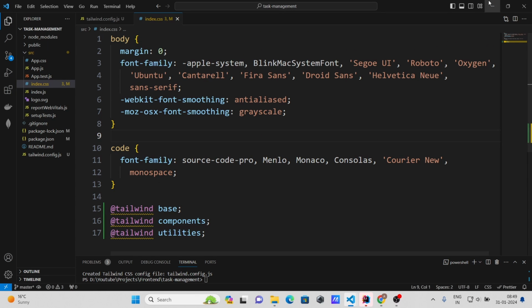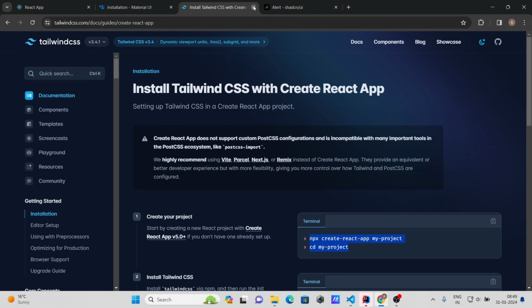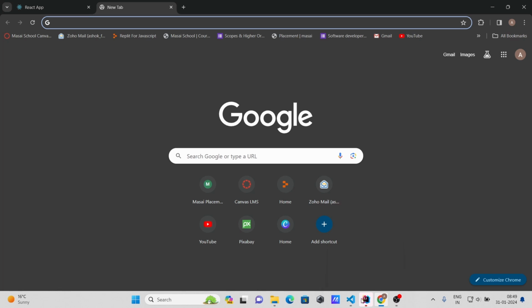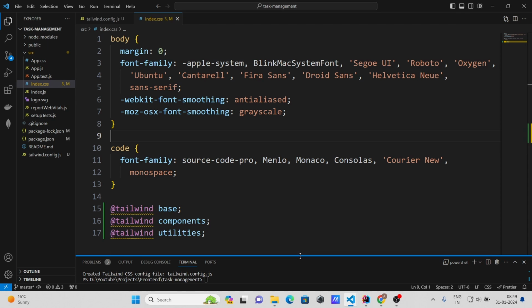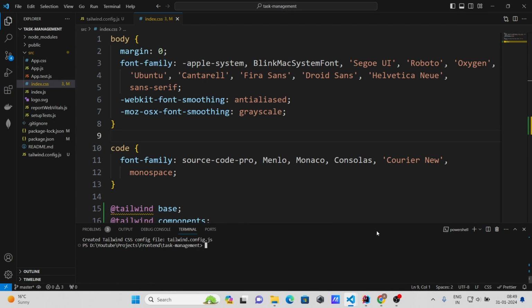Okay, I guess that's pretty much it. Our Tailwind CSS is also done, MUI is also done, and I guess we'll install Redux Toolkit later. Okay, for now we don't need to install it. First let's finish the design. After finishing the design, when we integrate our API or connect our front end with the back end, at that time we'll install Redux Toolkit. Okay, for now we don't need it, but one more dependency we need is